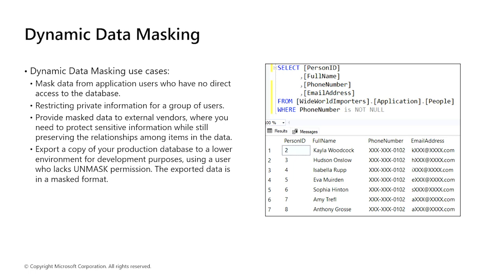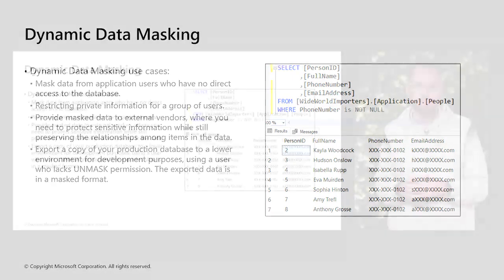There are multiple reasons why you should use dynamic data masking. First one, data privacy. It helps maintain data privacy in compliance with data protection regulations by ensuring that sensitive information is not visible for unauthorized users. Then for security, because it enhances security by reducing the risk of potential data breaches and unauthorized data exposure, especially in scenarios involving testing, development, but also analytics, where full access to sensitive data is not required.